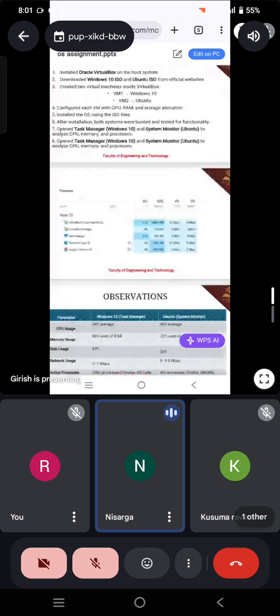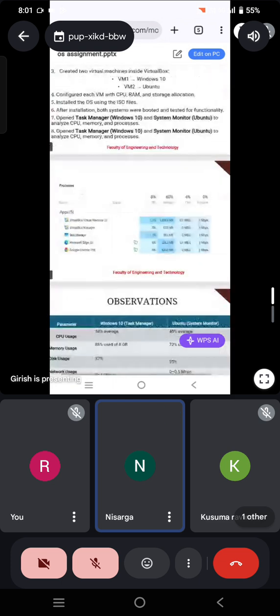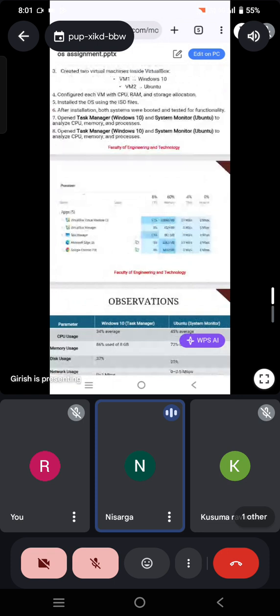1808.6 MB, disk 0.1 MB per second, network 0. VirtualBox Manager, CPU 0%, memory 63.9 MB, disk 0 MB per second, network 0. Task Manager, CPU 1.1%, memory 80.1 MB, disk 0 MB per second, network 0. Microsoft Edge, CPU 0%,